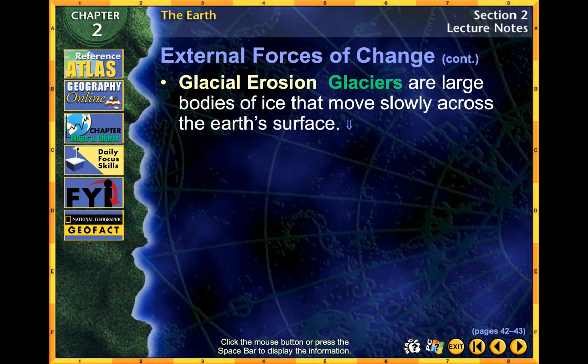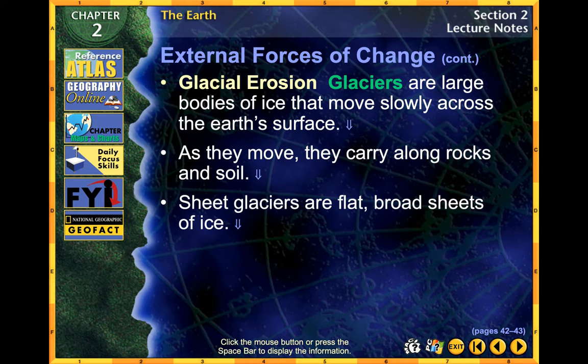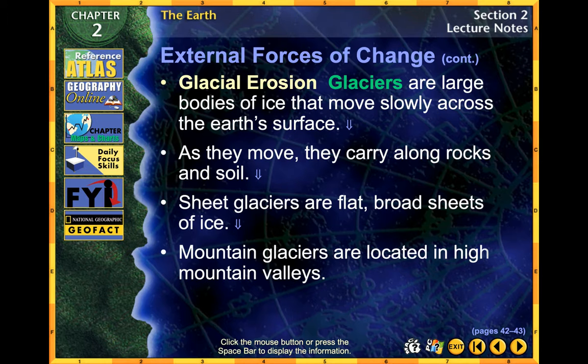Then there's glacial erosion, which is where glaciers, which are gigantic, large bodies of ice that move very slowly across the Earth's surface, will kind of shave it, in a manner of speaking. They carry rocks and soil, and they just make things smoother. The Appalachian Mountains, if you've ever been to those or seen those, don't look like your normal mountains because they're kind of smooth and pretty, with lots of trees. Whereas when we typically think of mountains, we're thinking of big, jagged pieces of rock. But that was formed by glaciers thousands of years ago.